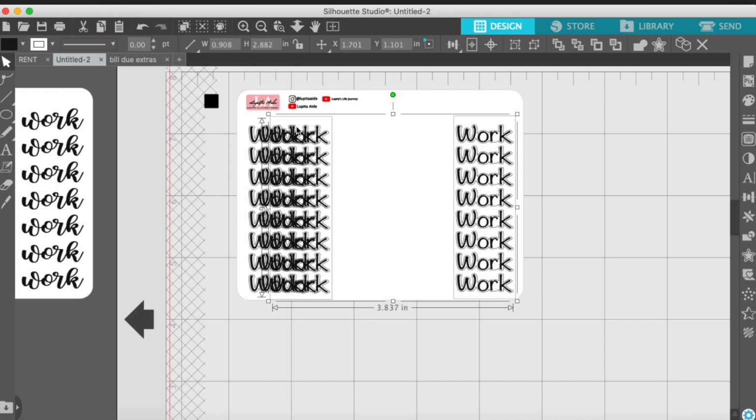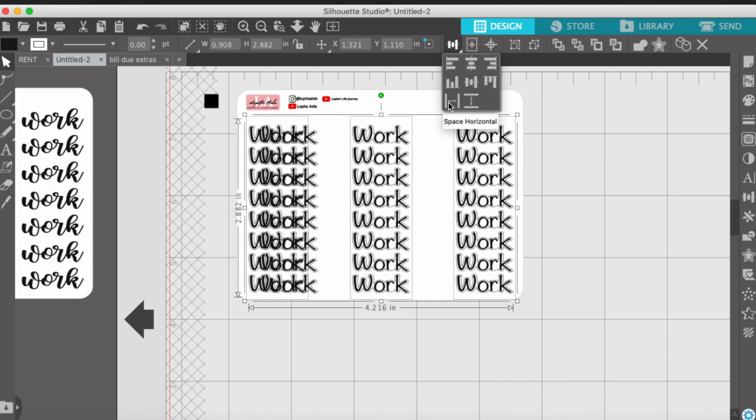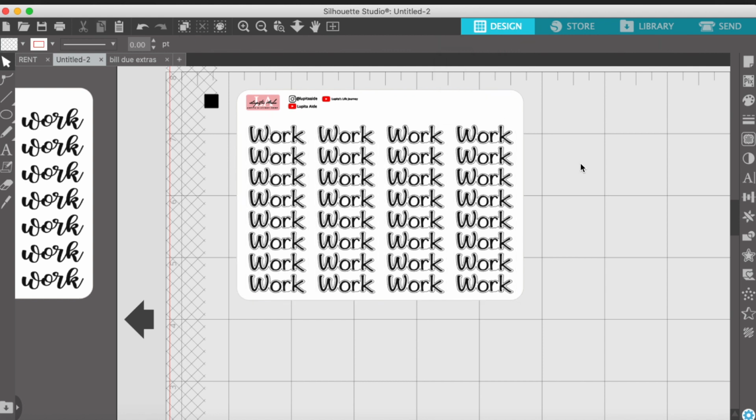Now I'm just gonna put them all down so they're all even, and then spread them. I am missing one, so I'm gonna hit shift again and just click on the one I was missing and spread apart. See, so I can fit 1, 2, 3, 4, and if I wanted to, I can just fit another one here,